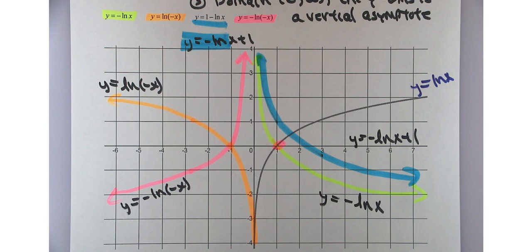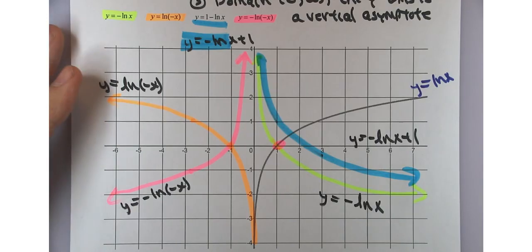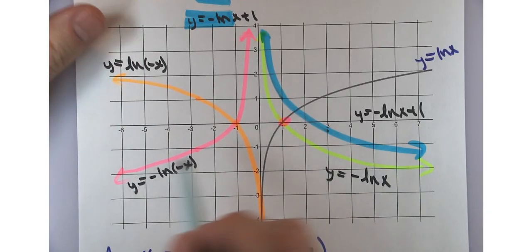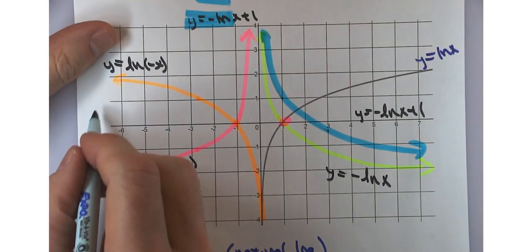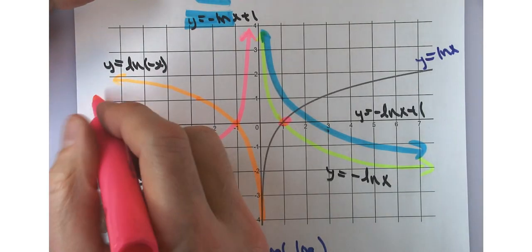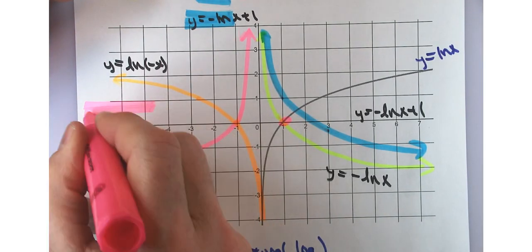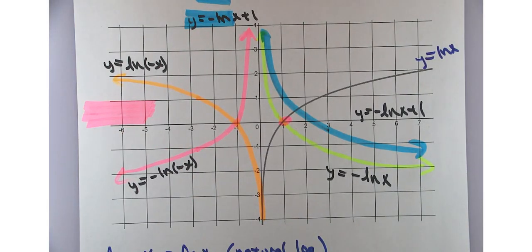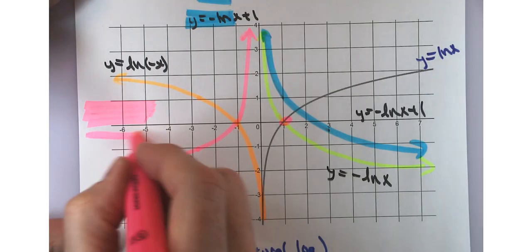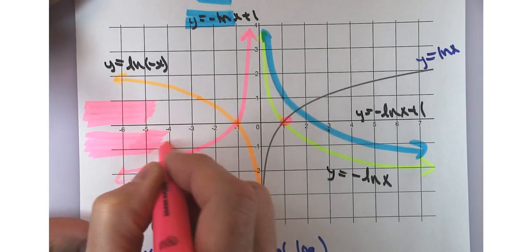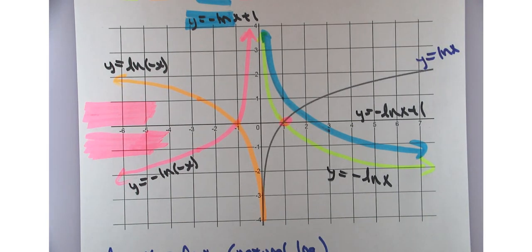Let's look at the domain and range of one of these graphs. So let me just pick this one because I got a little bit more room to write over here. Let's think about the domain and the range for our pink graph. Now I'll help out especially with the range, because the range can be kind of confusing here a little bit. But the range,